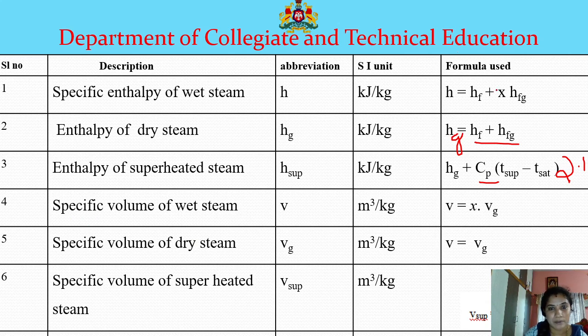So next, these are the formulas that are required for today's session, and we know that the dryness fraction is a ratio of mass of the dry steam to the mass of the total wet steam. So we'll remember these 4 formulas for this particular session, and few formulas will be required that we're going to do on the particular problem itself. So which are the formulas that we're going to remember in this particular session? One is on the specific enthalpy of wet steam, dry steam, superheated steam, and the dryness fraction.